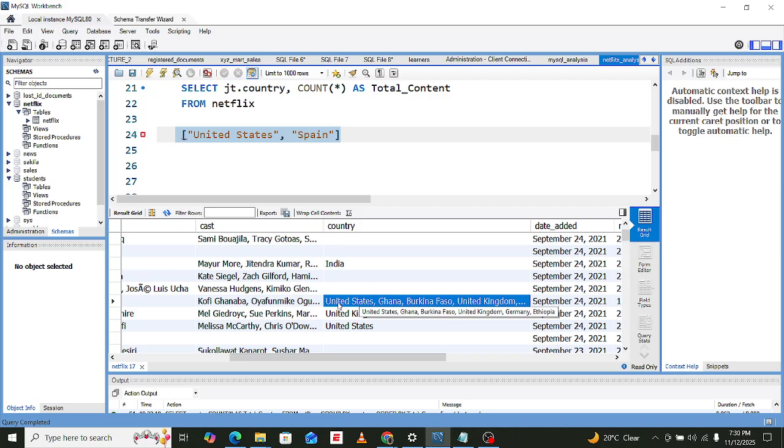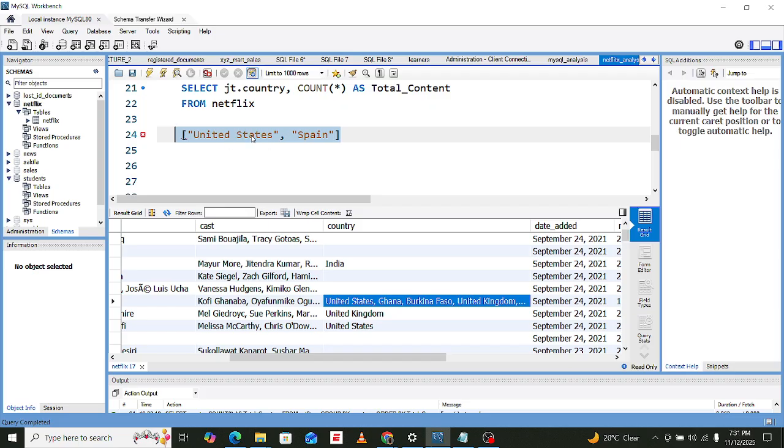Like we say, this movie was acted in the United States. When we come to Ghana, it was also acted in Ghana. And when it comes to Burkina Faso, when we are counting the content for Burkina Faso, we're also going to include this movie. The same will happen for the United Kingdom. That is why we are trying to create a list that will be able to iterate.